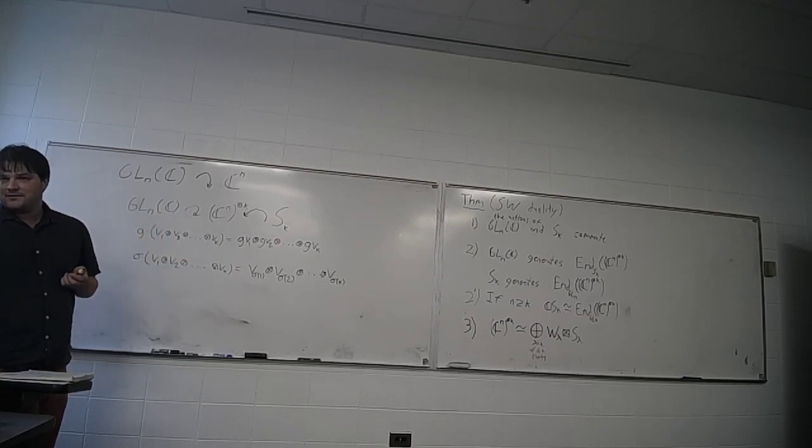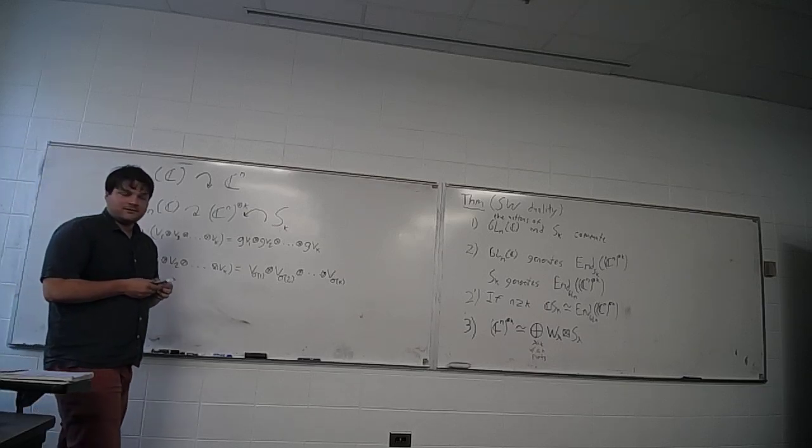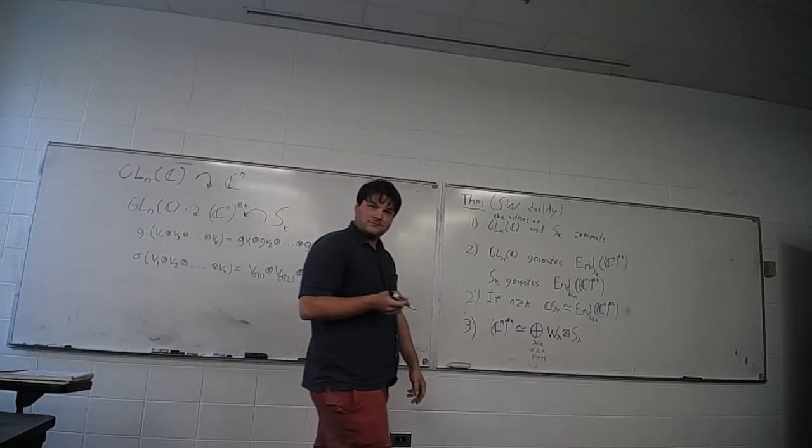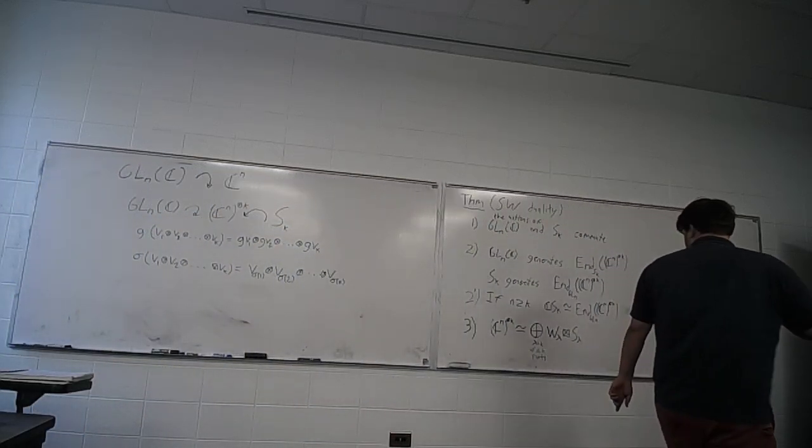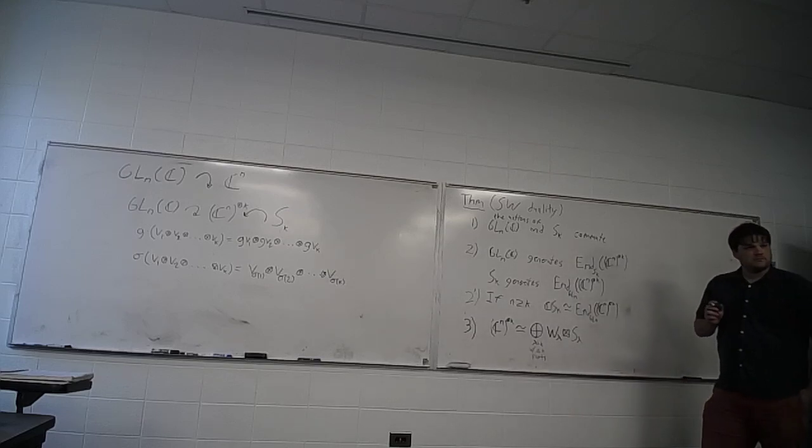Sorry, so how do you get from just writing your W lambda in terms of that partition to getting a weight or some sum of weights? Yeah, so